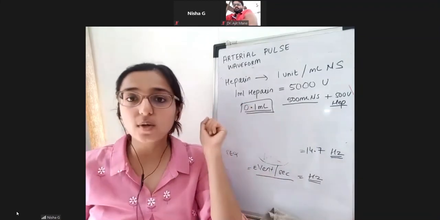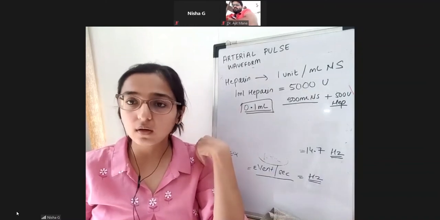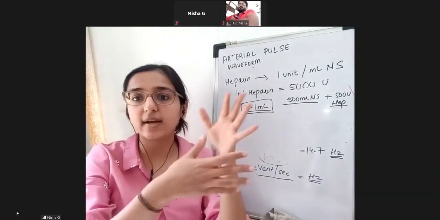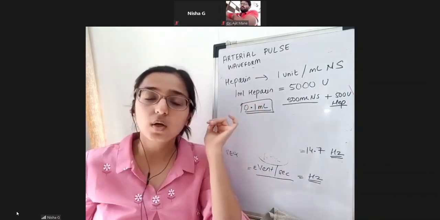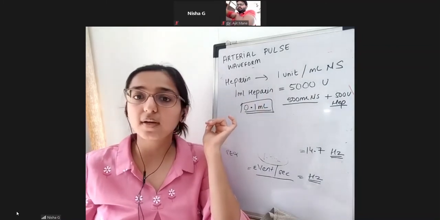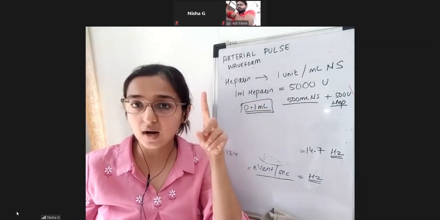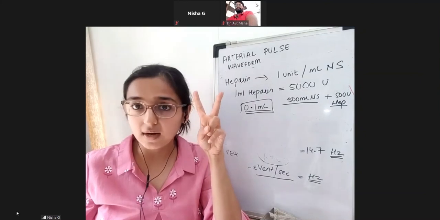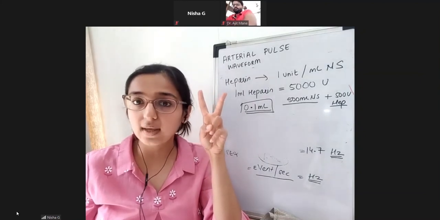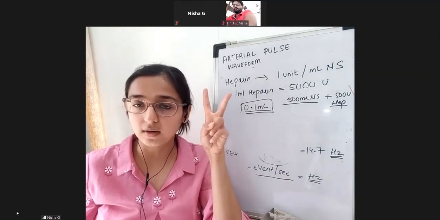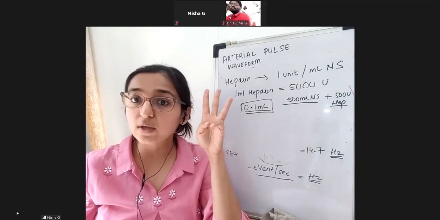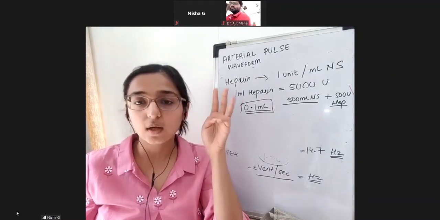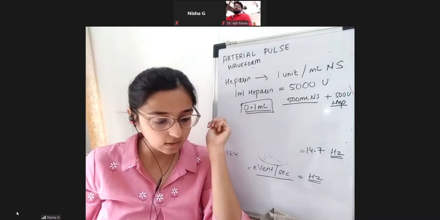Then you will tell me, I want to take in the leg. Hands I'm not getting. Surgeon has put the drapes and all. So I'll tell you, you can take in the leg. Dorsalis pedis is one artery where you can take. Posterior tibial artery, both are in the foot. You can cannulate dorsalis pedis and posterior tibial artery. Next, which else you can cannulate? Femoral artery. So these are the arteries which you can cannulate.